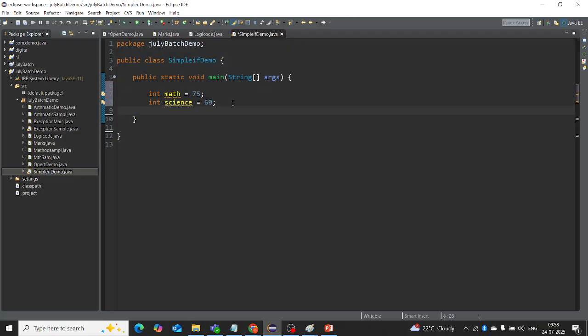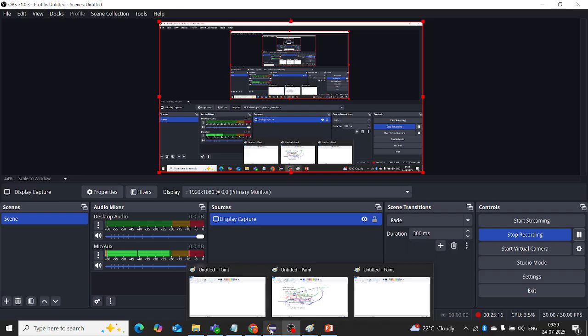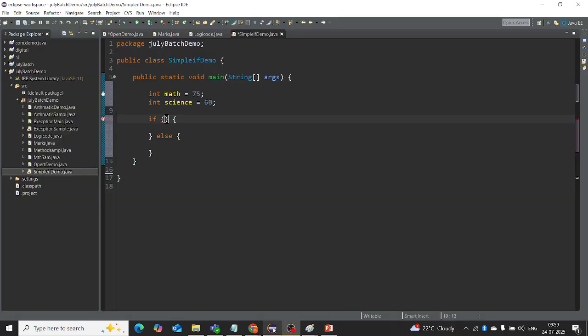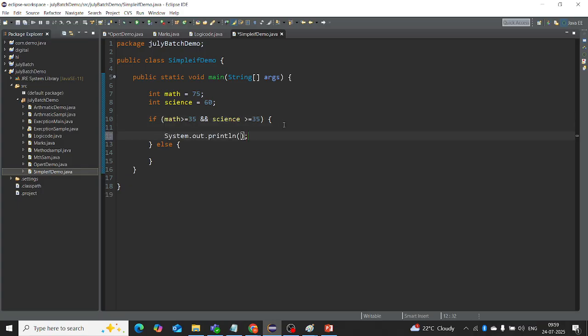Now I have to write logic. If, conditions, let me write the condition here. This is logic. Now maths greater than or equal to 35. Now I will write AND operator and science greater than or equal to 35. Save this one. Now what is the border marks? 35 only, right? System.out.println Hari passed